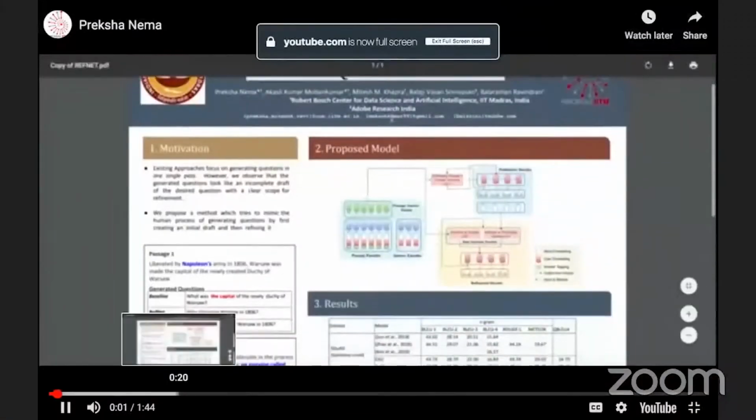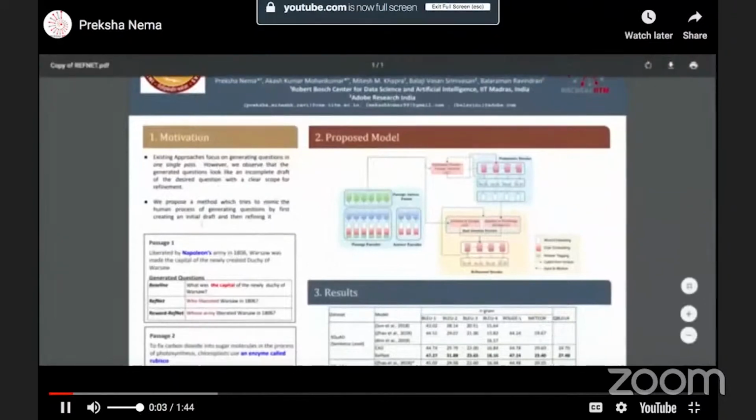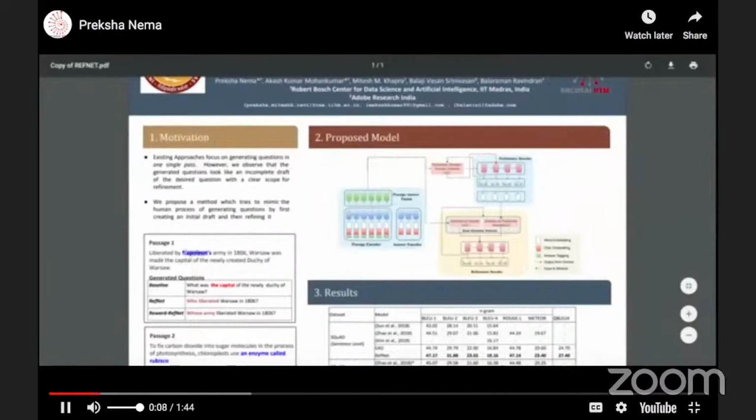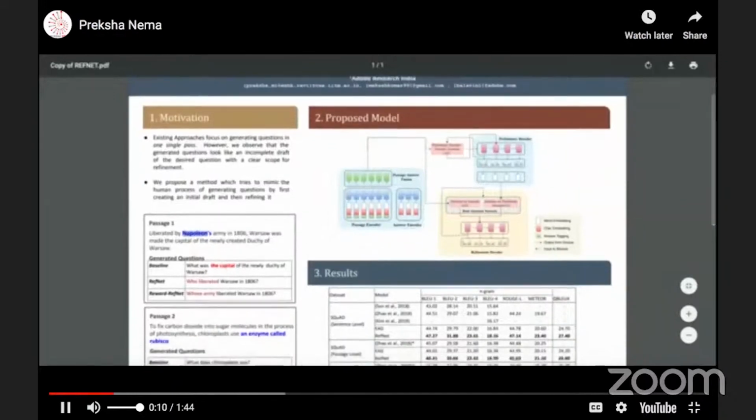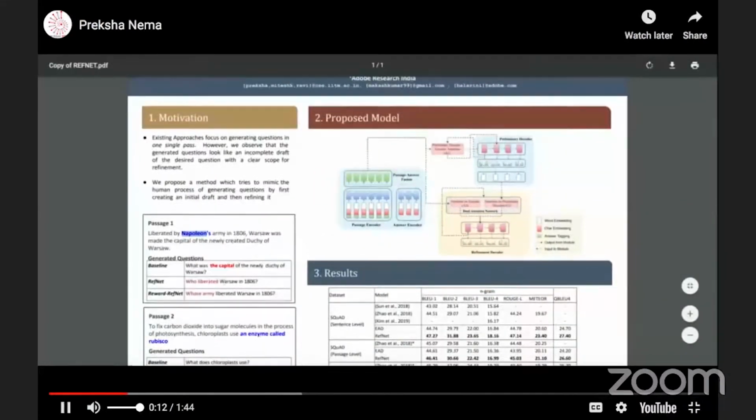Automatic question generation, where you are given a piece of text and a possible answer like Napoleon here, and you want to generate one possible question, which could be who liberated Warsaw in 1806.